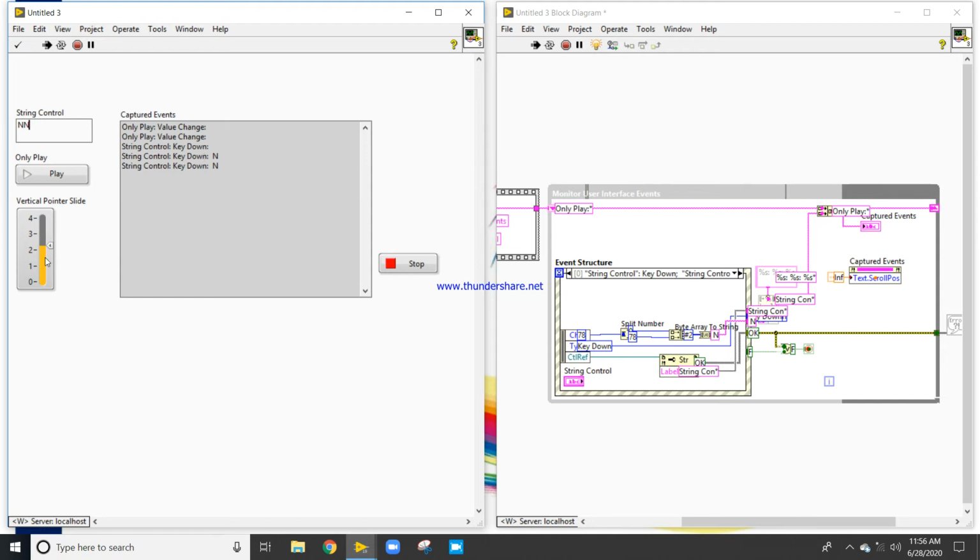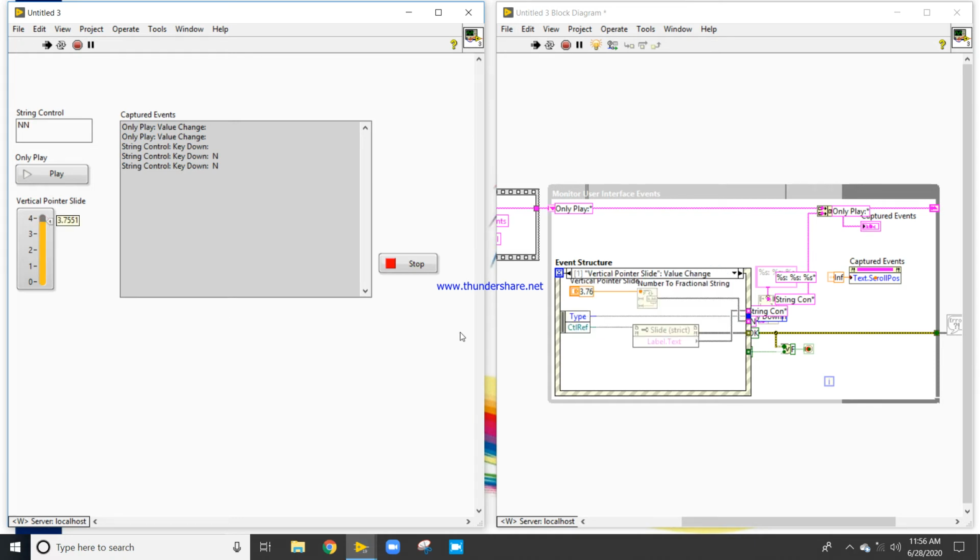Now let's talk about the vertical pointer slide. If I click here only once, it will display that value.